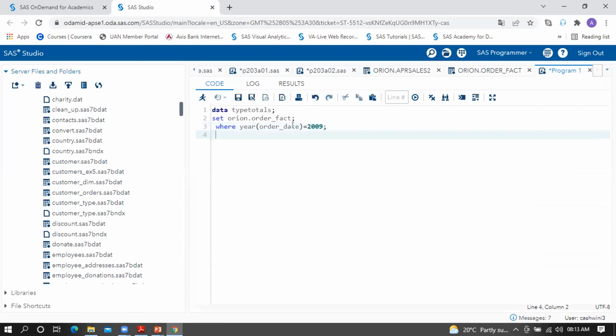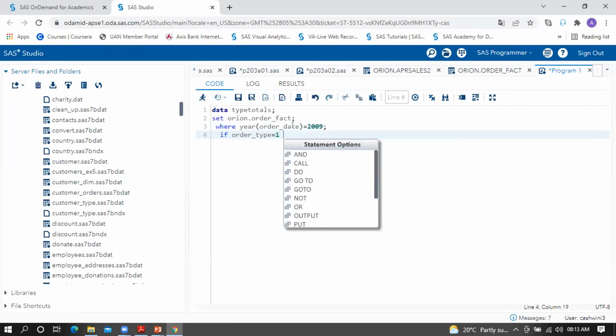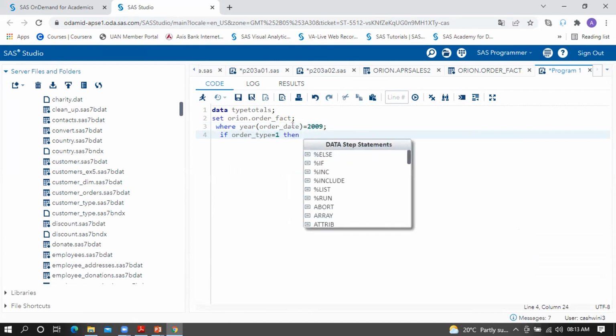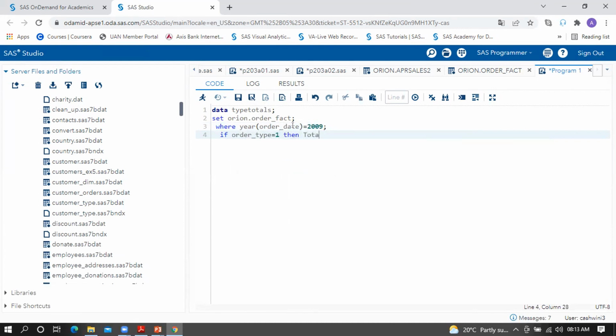Right? Then you can write if type column is equal to 1, then it should create total quantity. Is it your